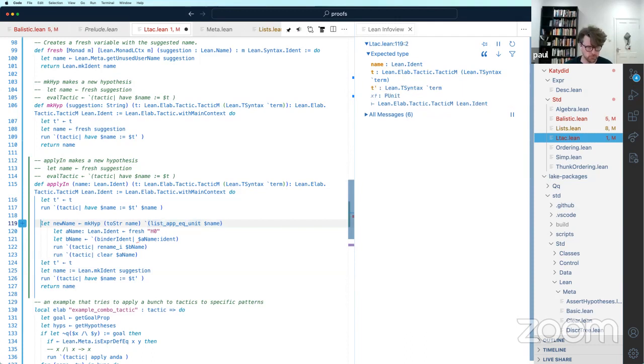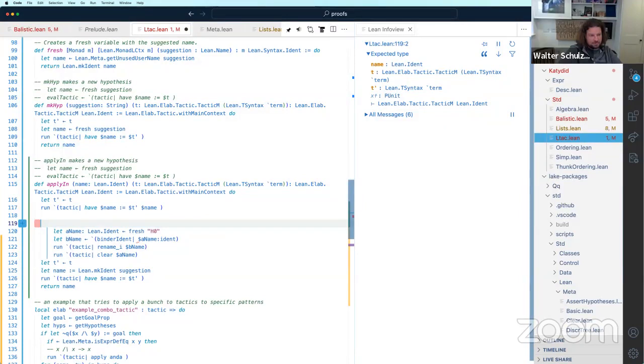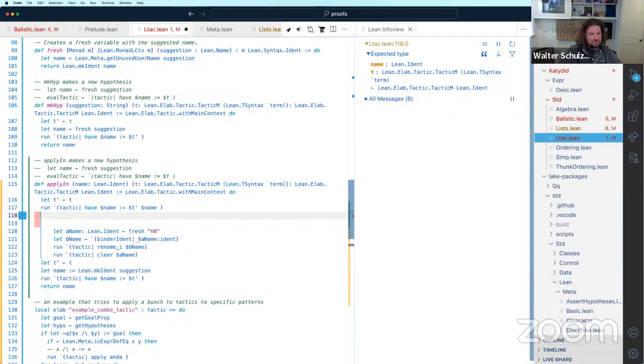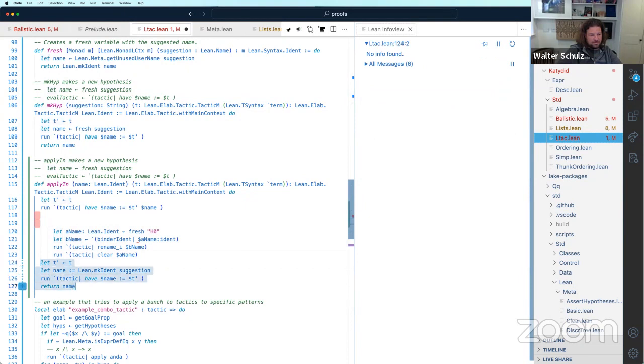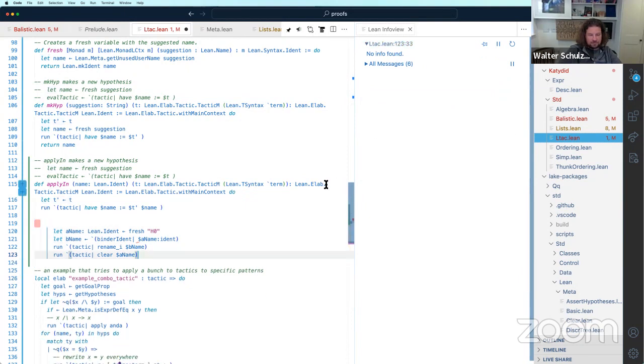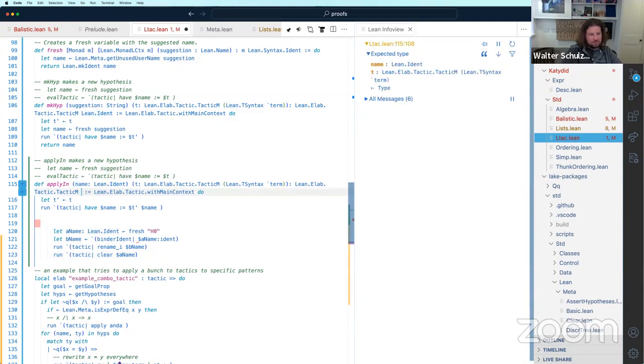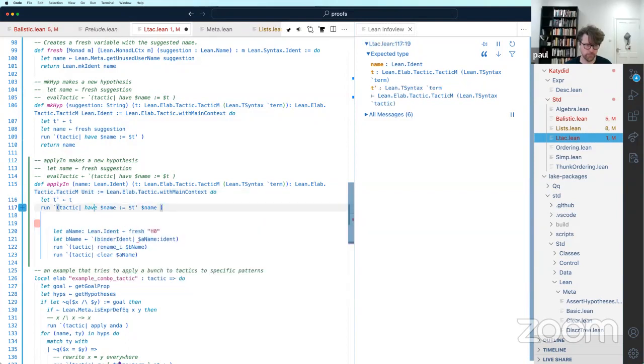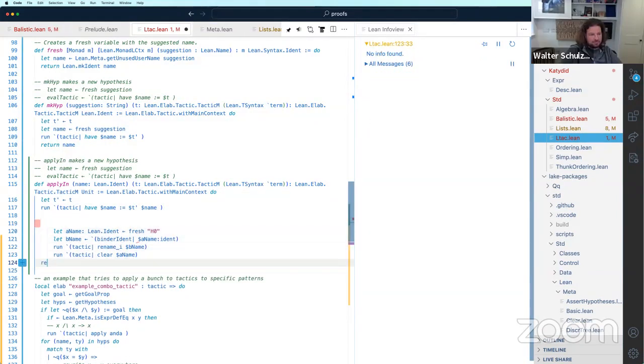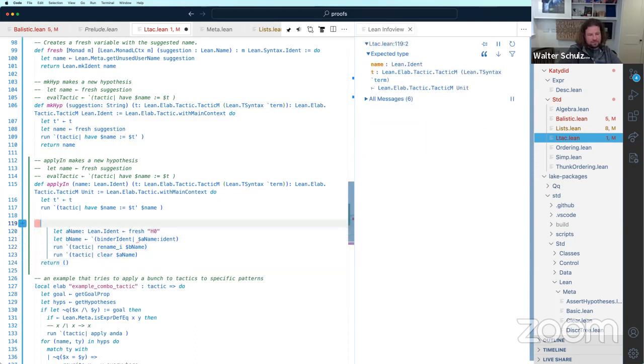So now we've done this part. And this can all go away. And we're not going to need to return anything. So this will just be, I think, unit. Okay. So at the end, we just return. Even, I don't think we need to do that.